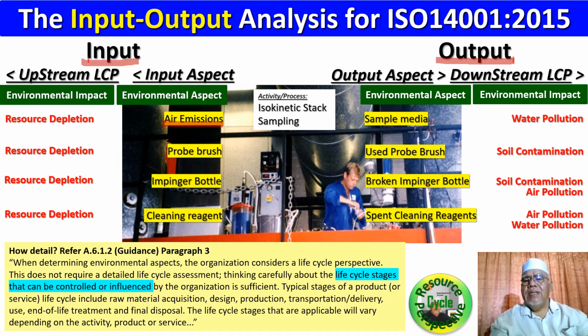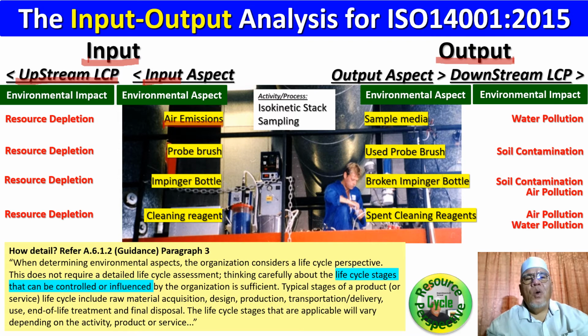Now, air emissions get into this particular isokinetic stack sampling equipment through the nozzle of the probe. So air emissions get in. Now, what is the environmental impact of the emissions that get into the probe? Look, it is an input aspect. Therefore, what impact are these emissions as input? Remember, this is input, so we look at its life cycle perspective